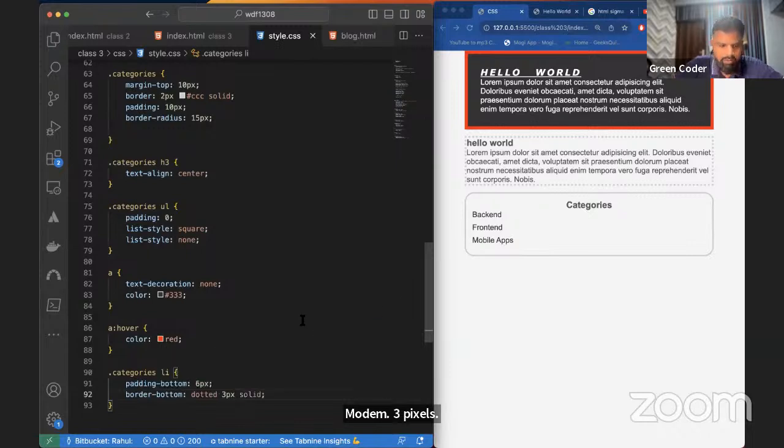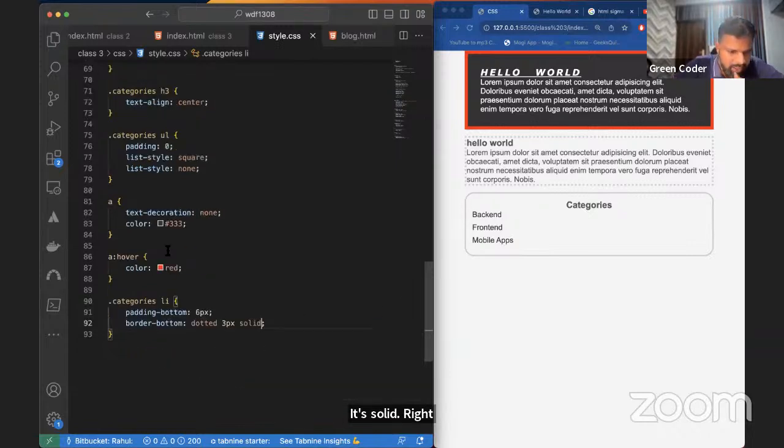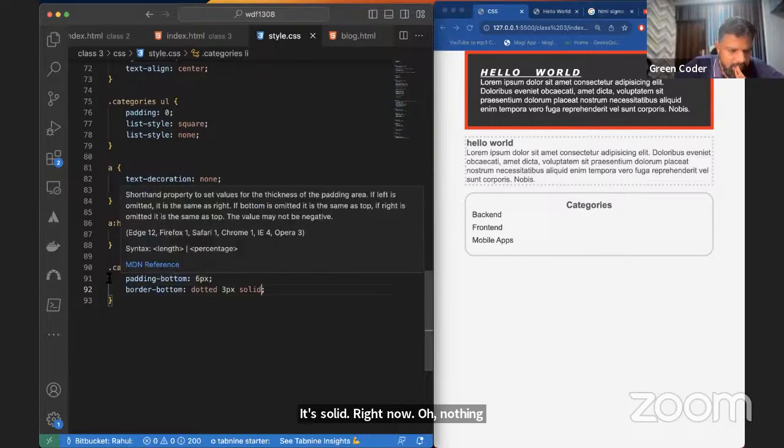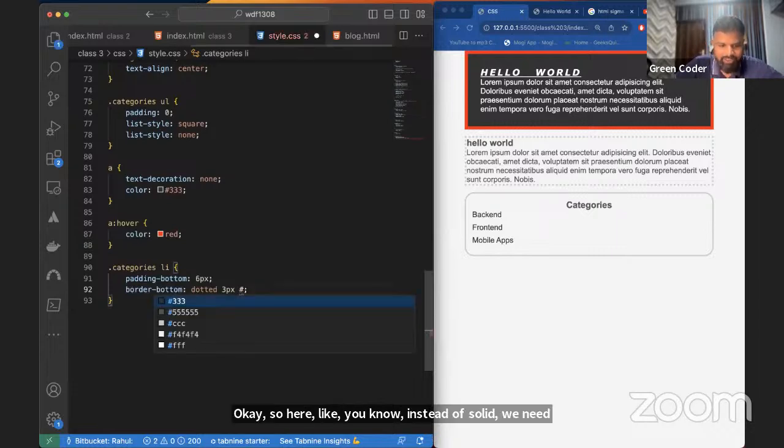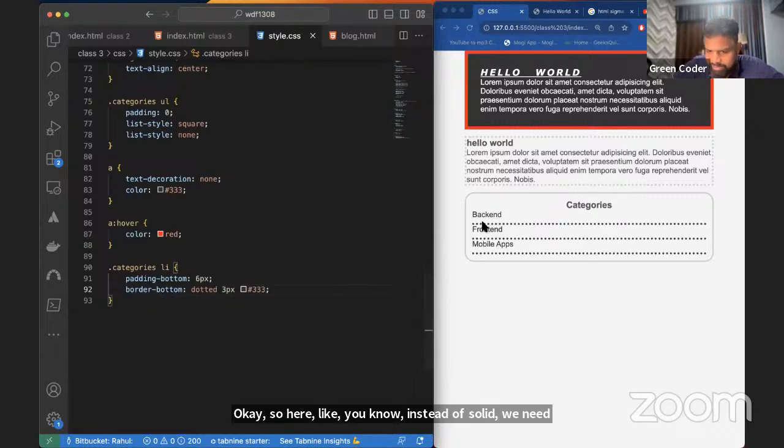Right now, nothing. Okay, border bottom is right. So here, instead of solid, we need to specify the name of the color, #33, right? So now we can see these dotted lines are coming,